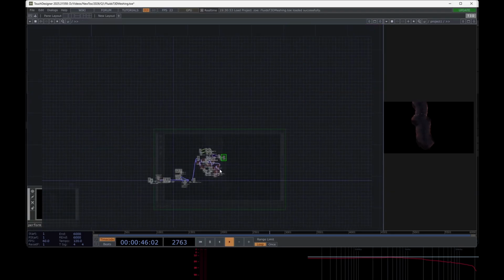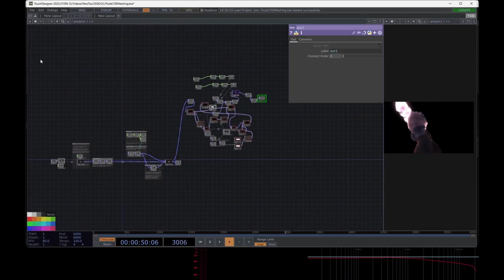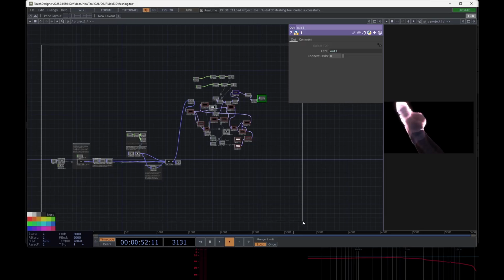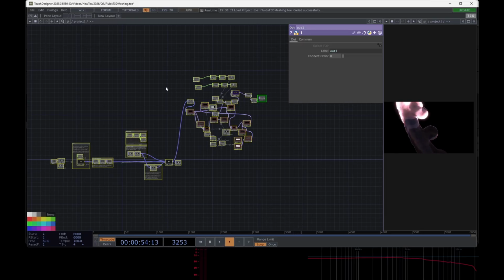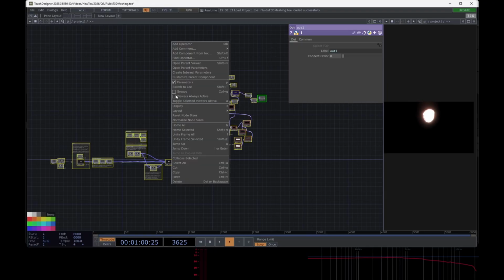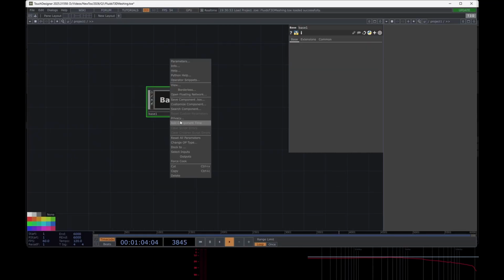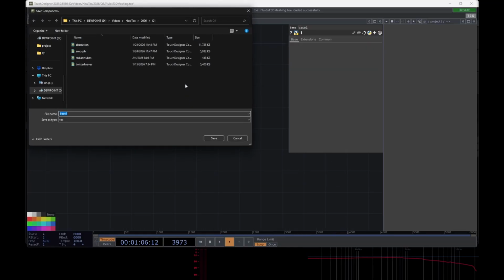Then I'll zoom out. Or actually, what I'll do is I'll highlight everything. Right click outside of nodes. If you right click inside the node, the option won't show up. If you right click outside, you'll get the collapse selected, which will collapse it into a base. And then you can right click, save component tox, interactive fluid,